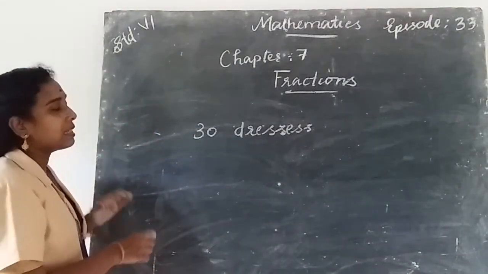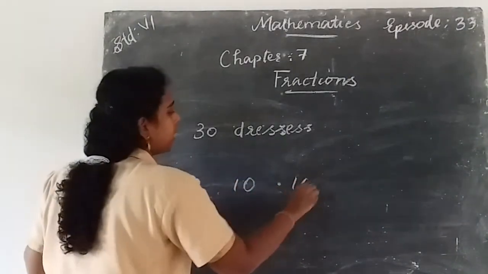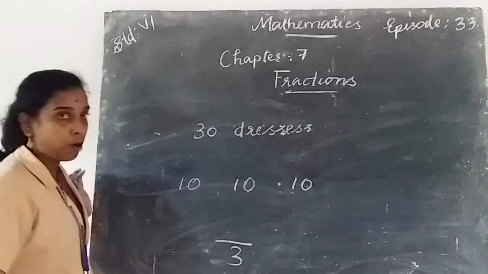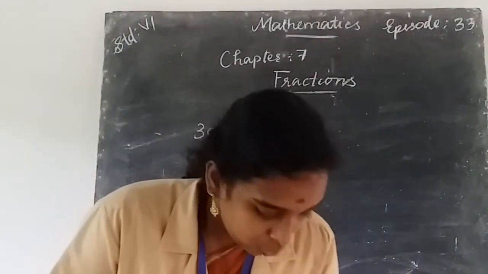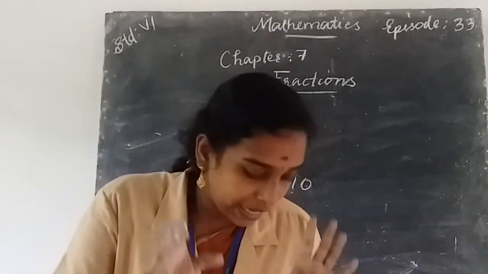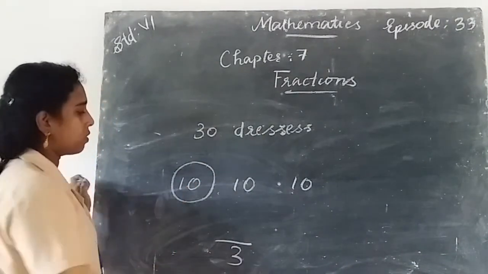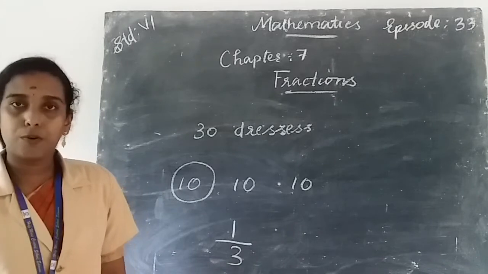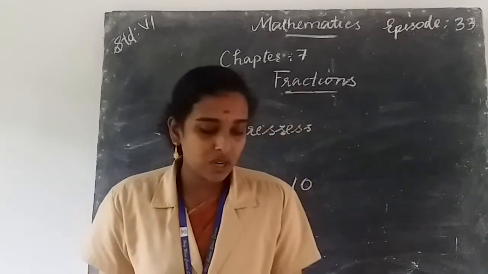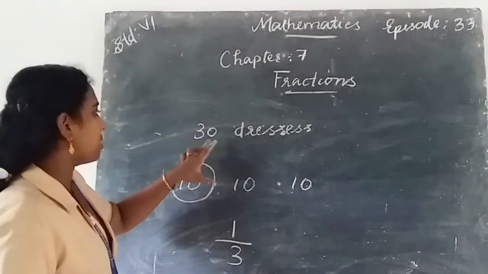And here we can see that 30 is equally divided into 3 parts like this: 10, 10, 10. So write 3 as the denominator. And here the question is, she has so far finished 20 dresses, which means she finished only 10 dresses. So she finished only one part of the whole. So write 1 as the numerator. So the fraction is 1 by 3. Okay. So the question is here: Kanchan dyes dresses. She had to dye 30 dresses. The total number of dresses is 30.